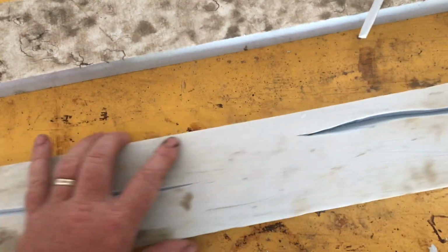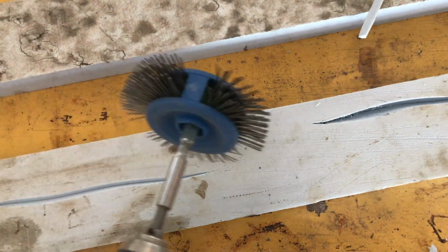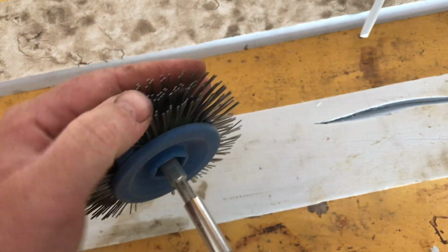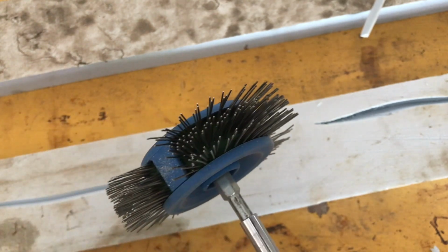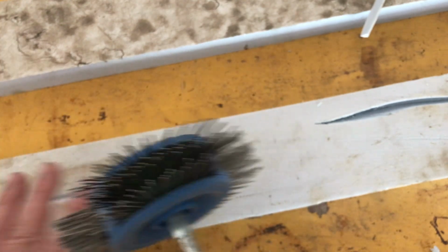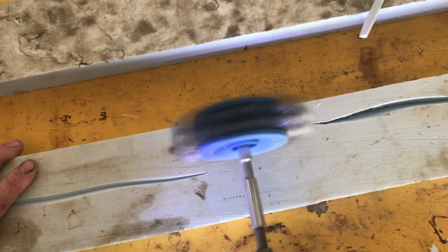So, once we've got it to here, we've started our main wood texture. Now this is, I have no freaking clue, but I picked it up at a garage sale one day, and it's a wire brush on a drill stem. So, I guess it's for wire brushing something. I love it because I used to use a Dremel to do this texture, but I found that this, when I get it at the right speed,